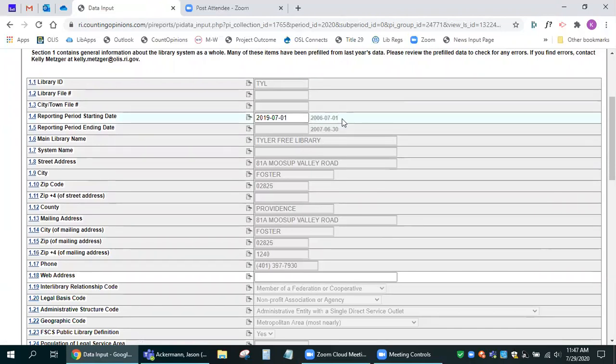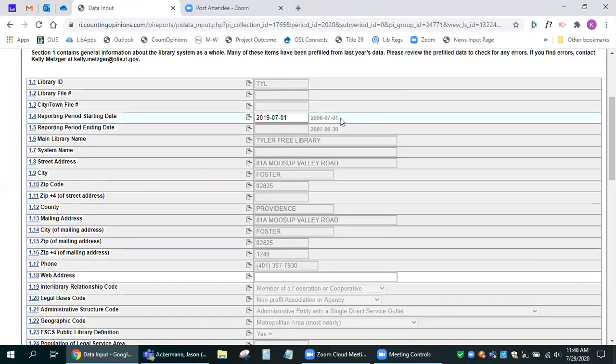Just to the right of the field, you can see this value that is in a gray font, and that is the previous year's value. So this is provided for reference only. When you see the value to the right, it lets you know how that question was answered in the previous year.